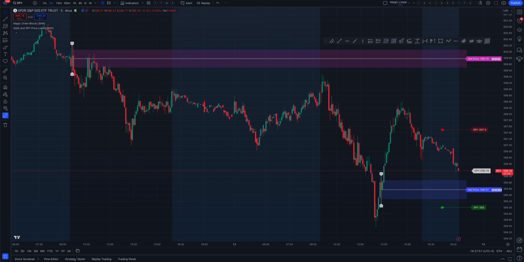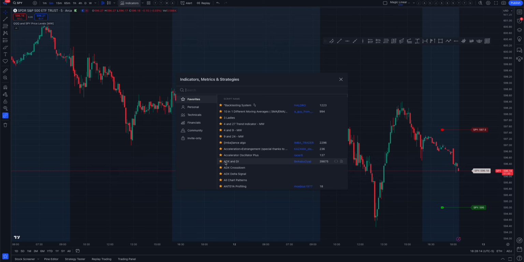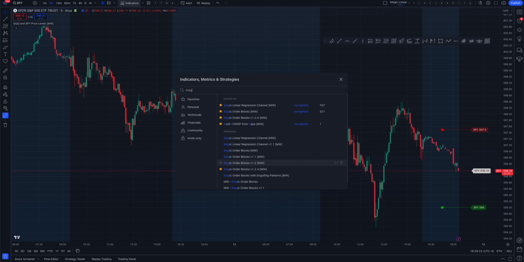Right, you're going to talk about the Magic Order Blocks MW indicator for TradingView. I have that up here, but let's take that off right now. Magic Order Blocks, and add it back in. So the way we'll do it is we'll use the TradingView indicator search window, type in Magic, and then you'll look for Magic Order Blocks MW by MWright Inc. Select that,